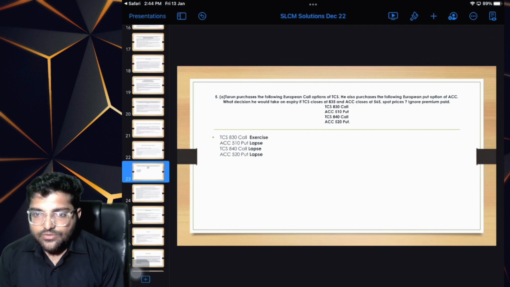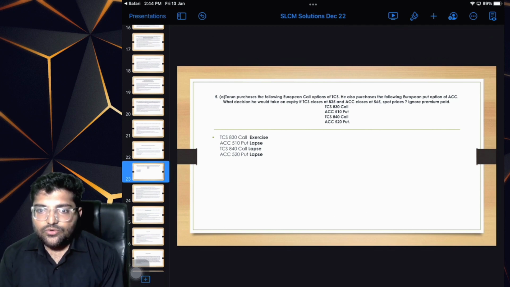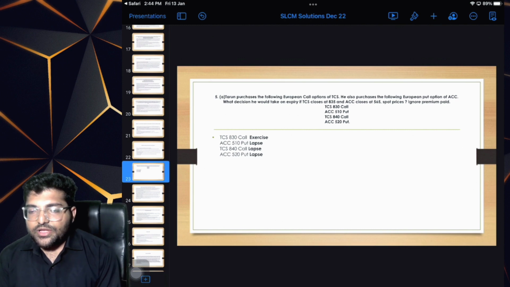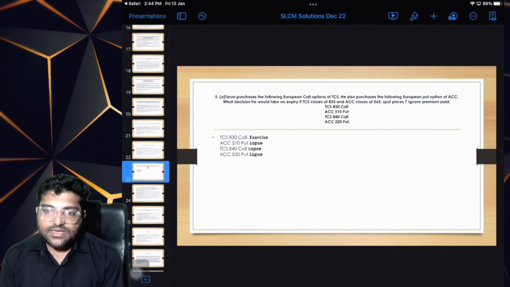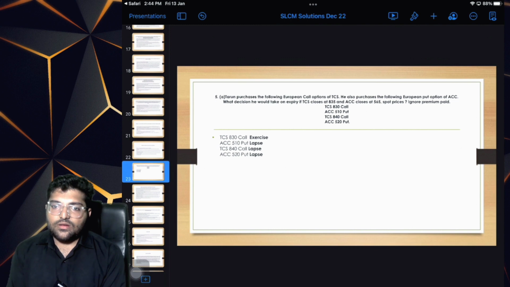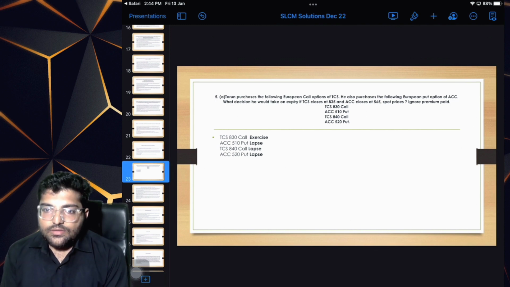So the question is: Tarun purchases the following European call option of TCS, and he also purchases the following European put option of ACC. What decision would he take on expiry if TCS closes at 835 and ACC closes at 565 spot prices? Ignore the premium paid. So yes, over here